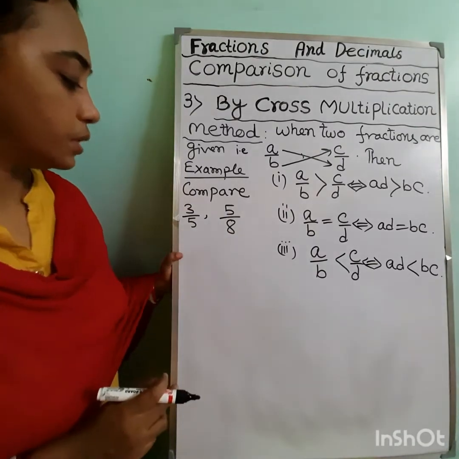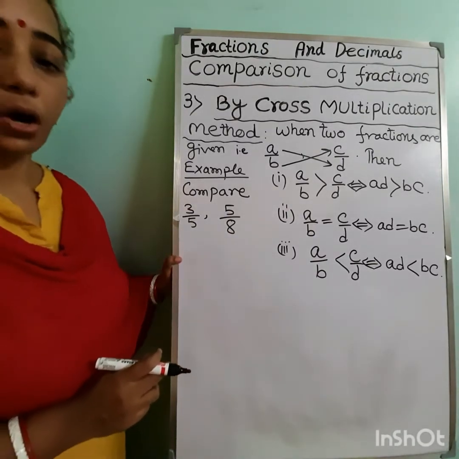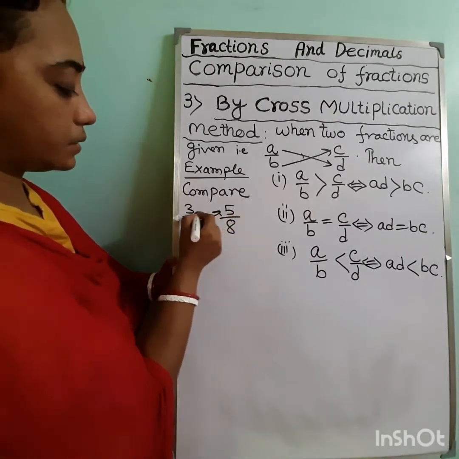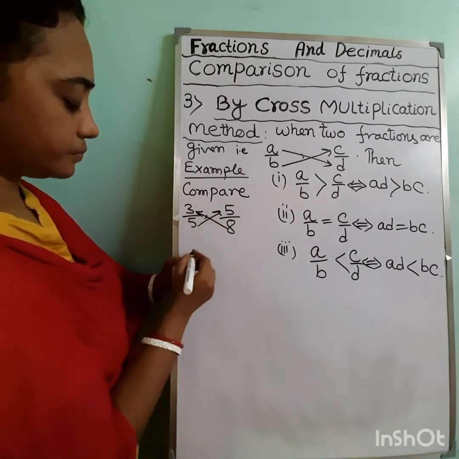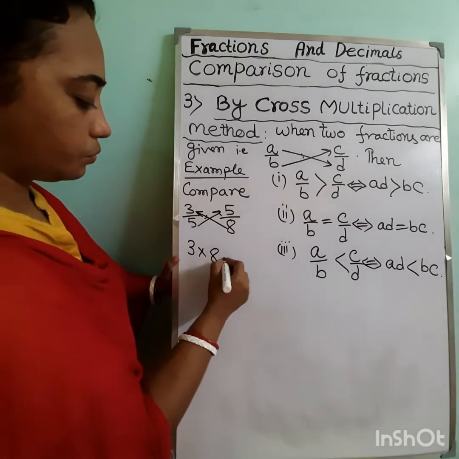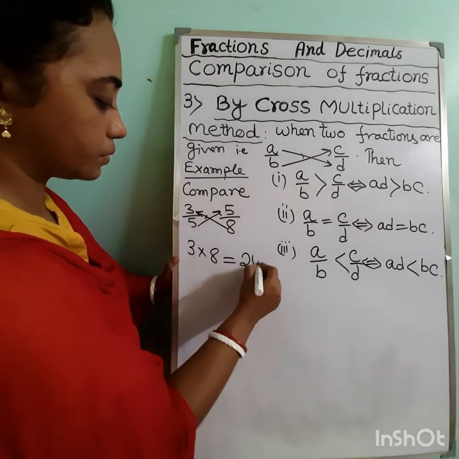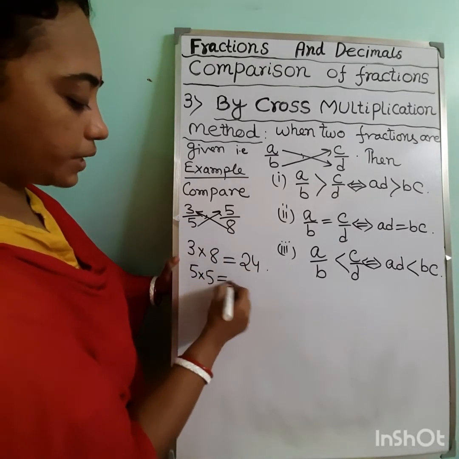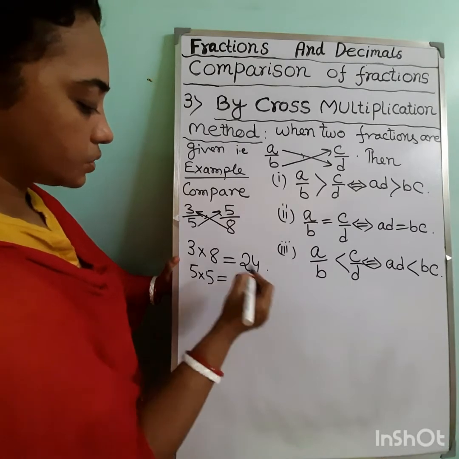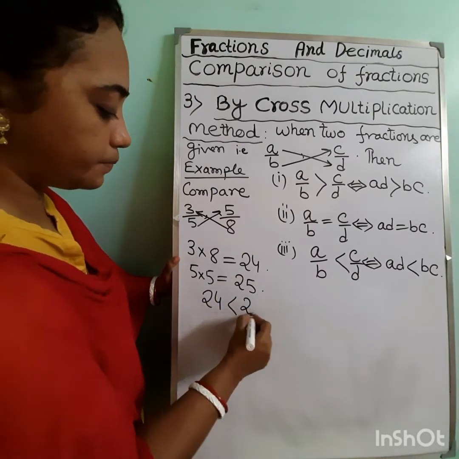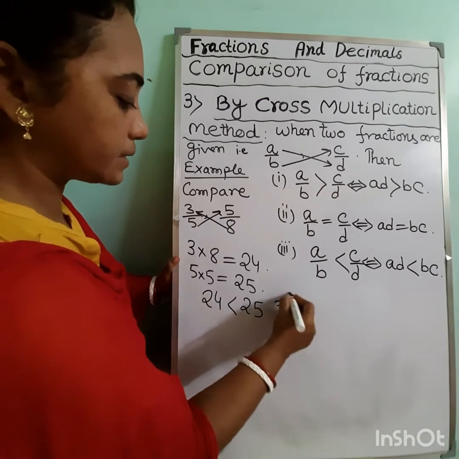Here we will do the comparison by the cross multiplication method. So here we cross multiply the given fractions. First we multiply 3 with 8. What are we getting here? 24. And second, 5 with 5. So here we are getting 25. See, here 24 is less than 25, which implies that